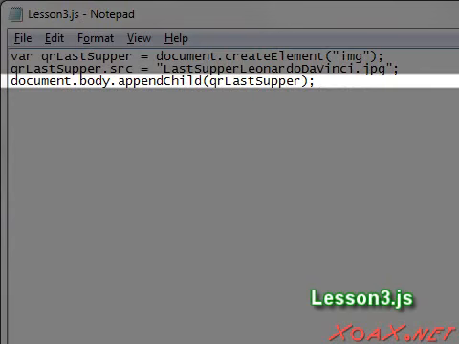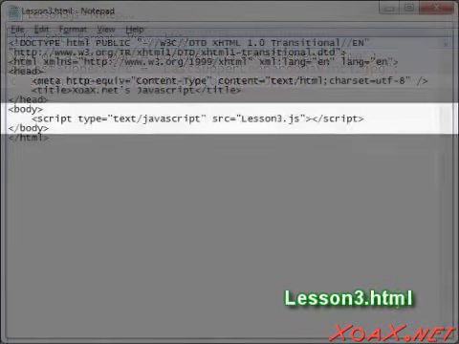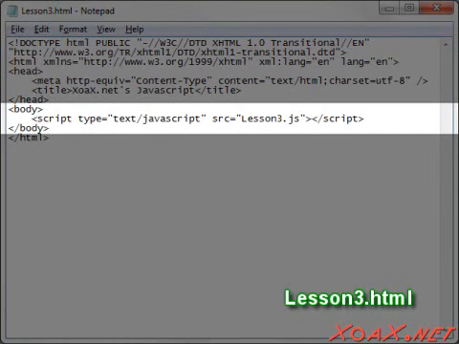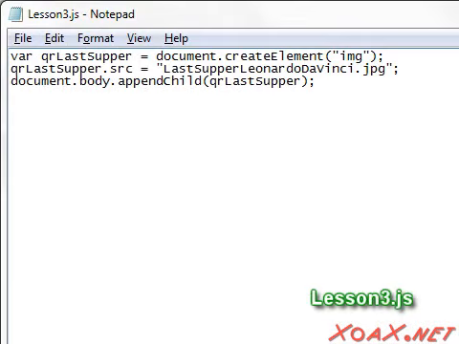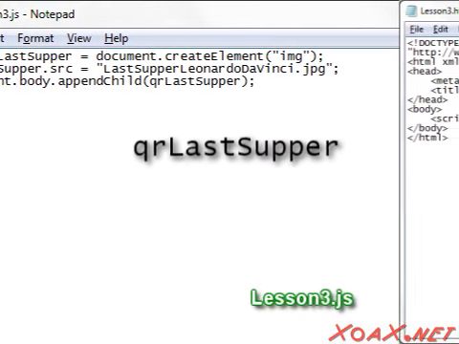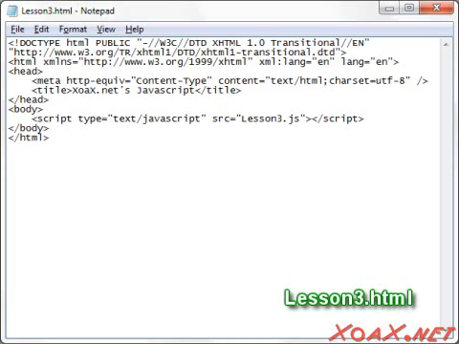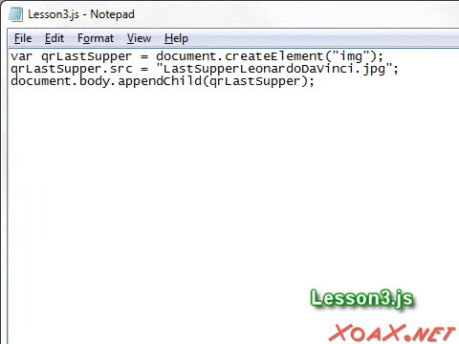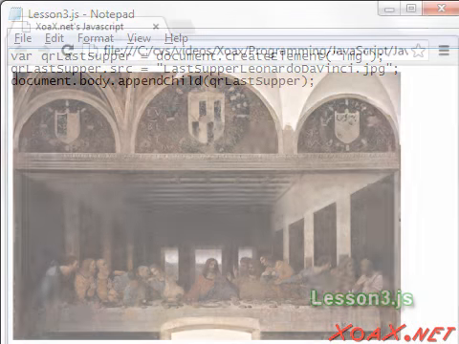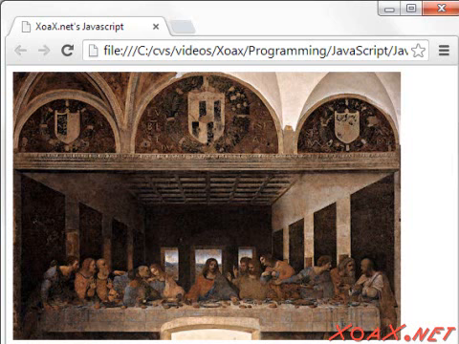In the final line of JavaScript, we place the image element object inside the body where it can be displayed. The body element is designated here in the HTML file. The body element is where all of the content goes that is displayed on an HTML page. So the call to append child puts the image element inside the body element where it will be displayed. So if we save this file and double-click the HTML file, we see the image of Leonardo da Vinci's Last